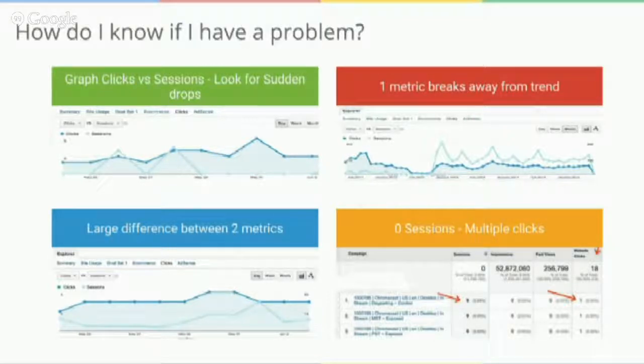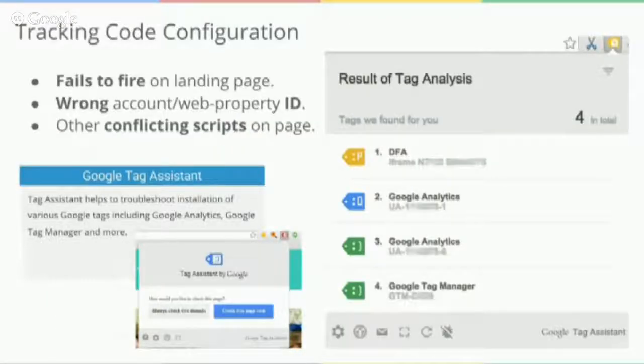So once you've had a look at that and maybe drilled down to a campaign or ad group level, maybe you've isolated that change to a particular campaign or ad group, the next thing to do is to try and figure out why that's happening. To start with the most obvious, but this is often something that gets missed because you have so many pages on your website, is to check your tracking code configuration on your landing pages. Unfortunately, this can be a real manual process of visiting the different URLs and just double checking that the code is working.